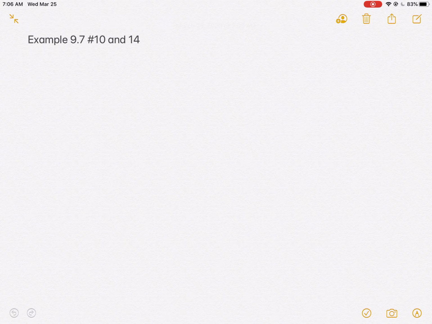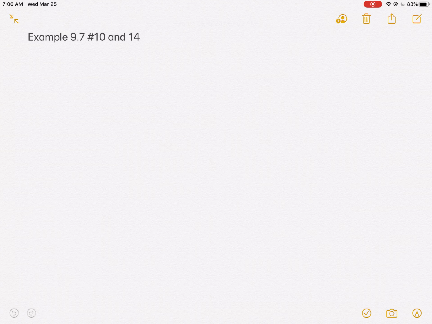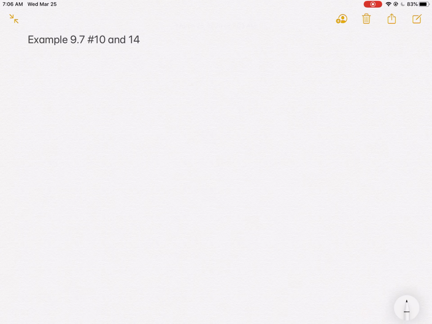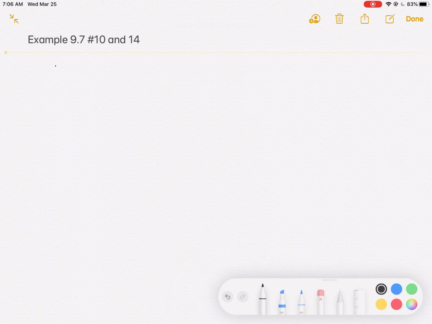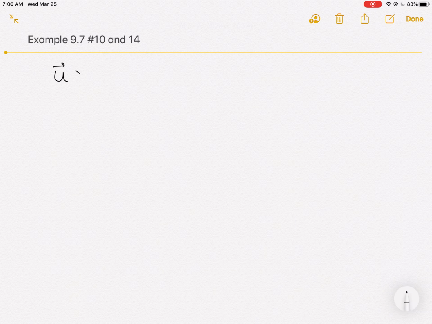Welcome to section 9.7. 9.7 is dealing with a concept called the cross product. The cross product is a vector product that yields another vector. We weren't able to do this in 2 dimensions. It only works in 3 dimensions or higher. And so we're going to be dealing with this cross product, and they're going to show it all